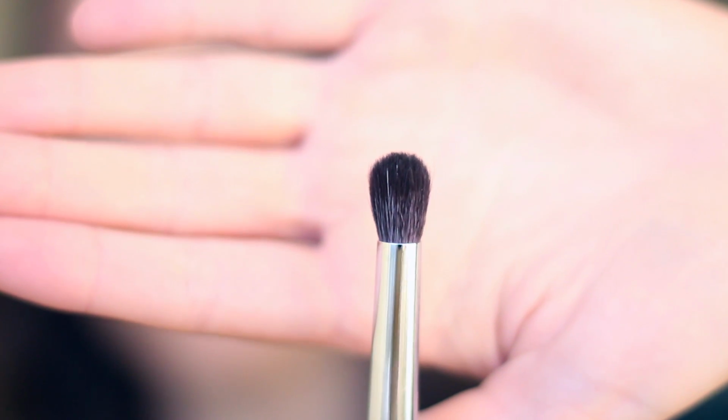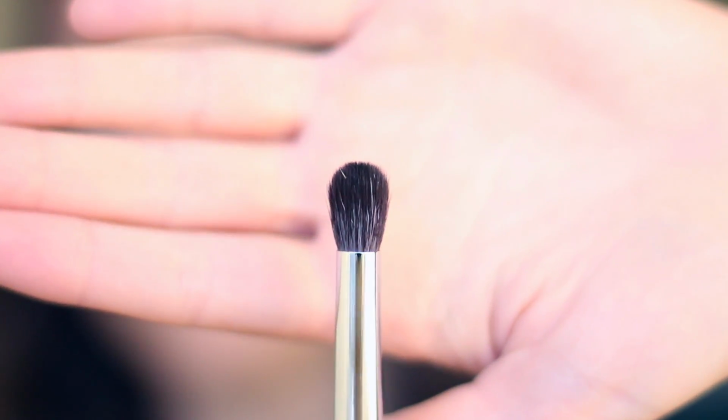This is the E300, and this is just a standard brush that I think every girl should have, but I have a couple tricks on using it and how I like to use it that I thought I would share with you today. So as you can see, it has a nice little dome shape, which makes it great for blending. And my first tip is actually not to use this to blend your eyeshadow, but to use it to